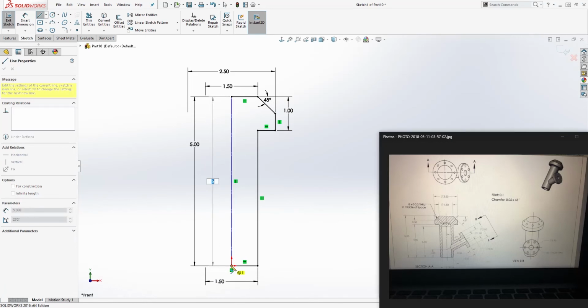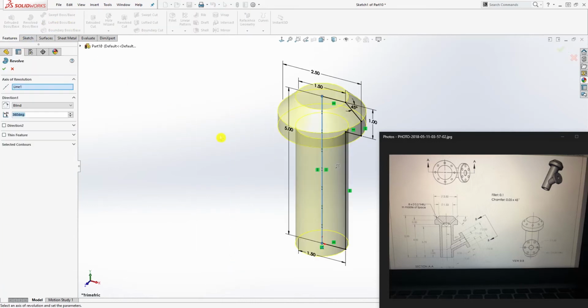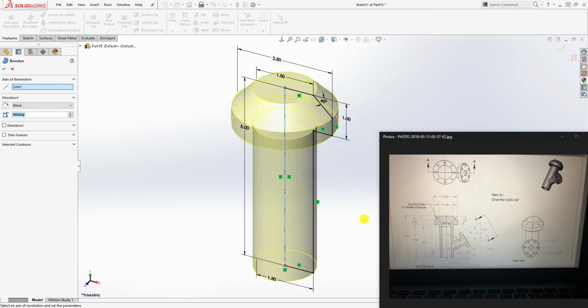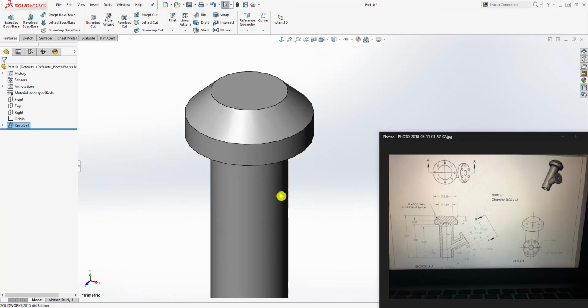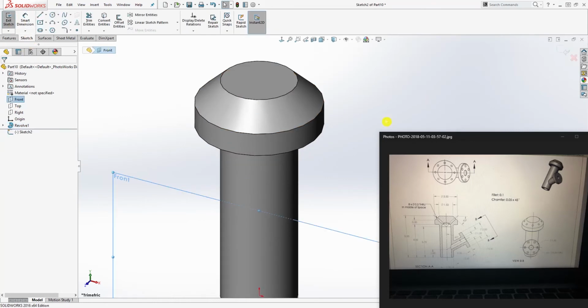You can draw an extra line here to close it, or SolidWorks will automatically add that line for you when you click your revolve. So go to feature, revolve, revolve it 360 and click OK. Good. So again, we'll click on the front plane, sketch, and this time we're going to draw this feature